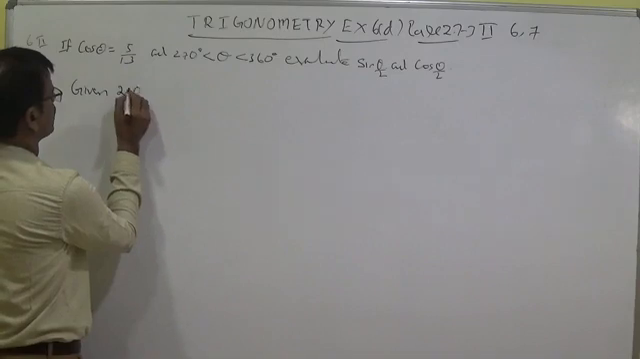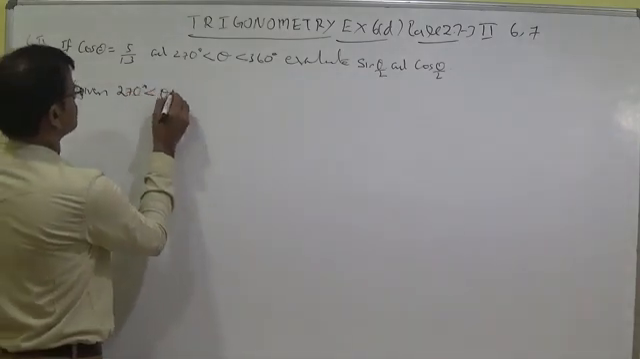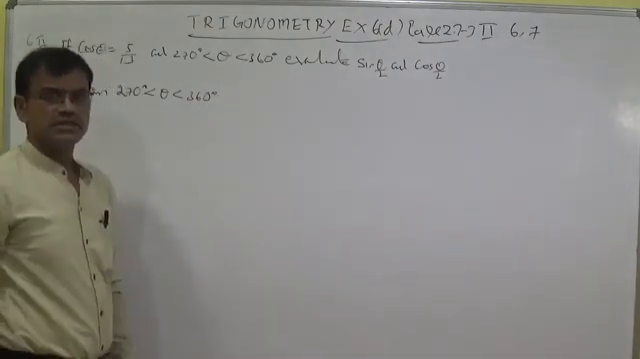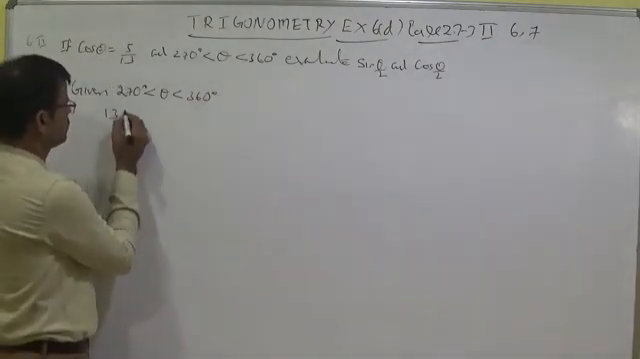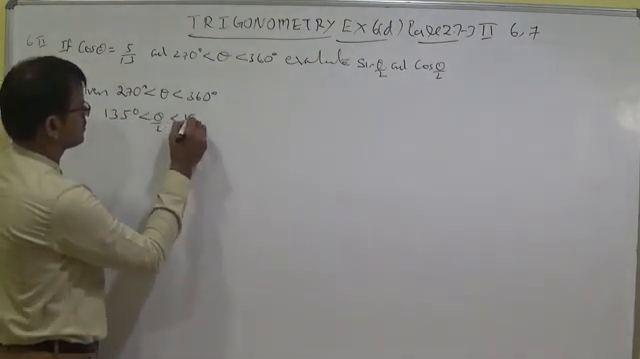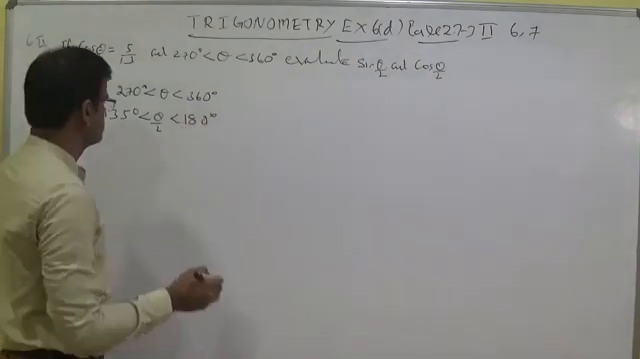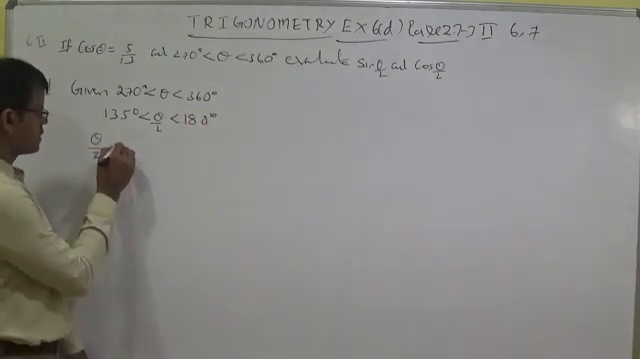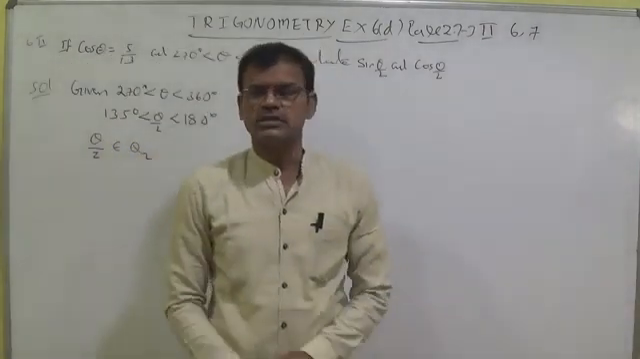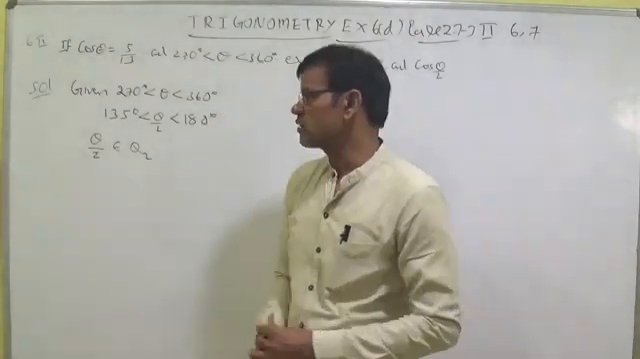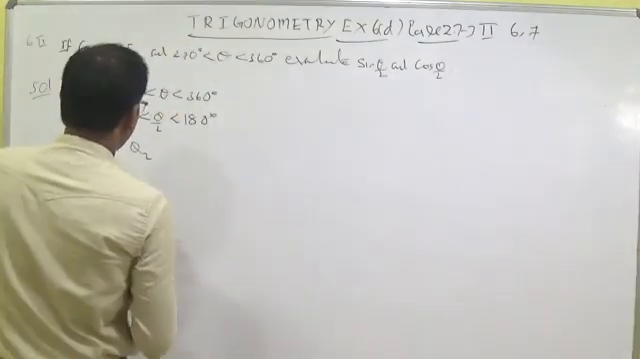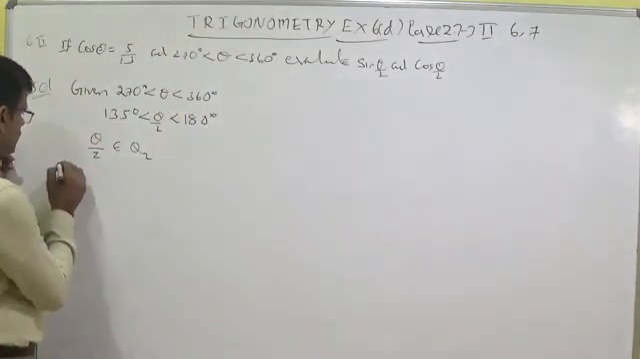First of all, according to the quadrant, I am writing 270 degrees less than theta less than 360 degrees. Divide by 2, so it is 135 degrees less than theta by 2 less than 180 degrees. That means theta by 2 belongs to Q2, because the value lies between 135 and 180, which is the second quadrant. Now